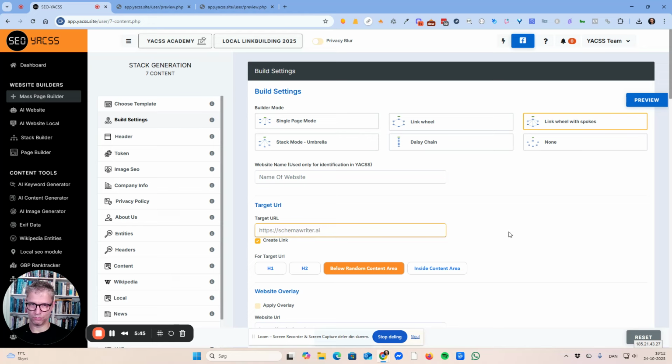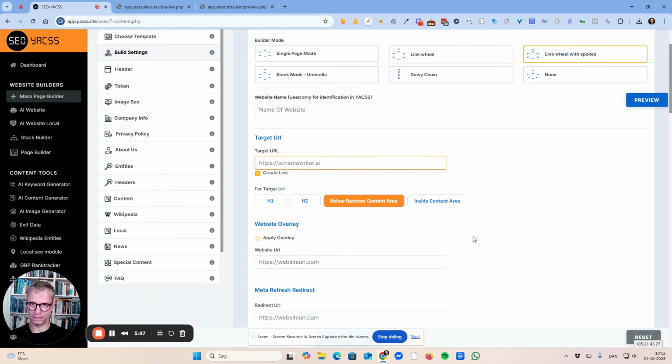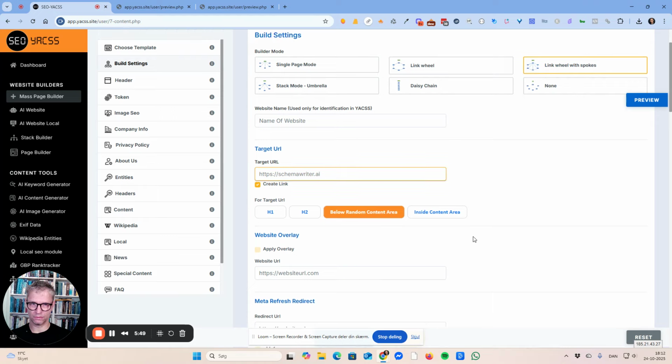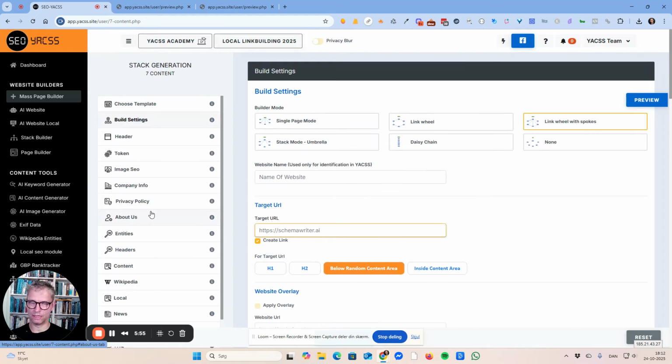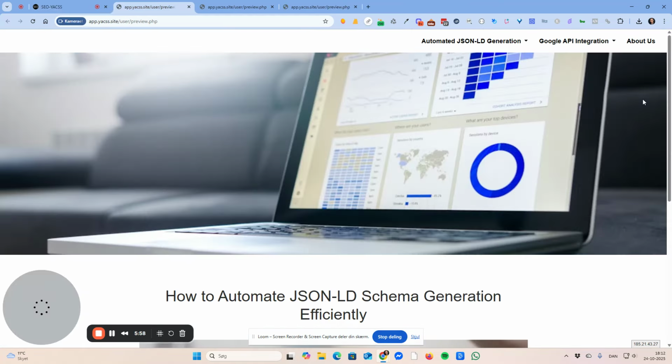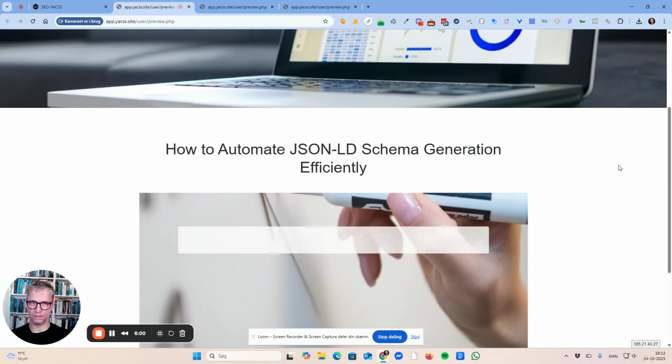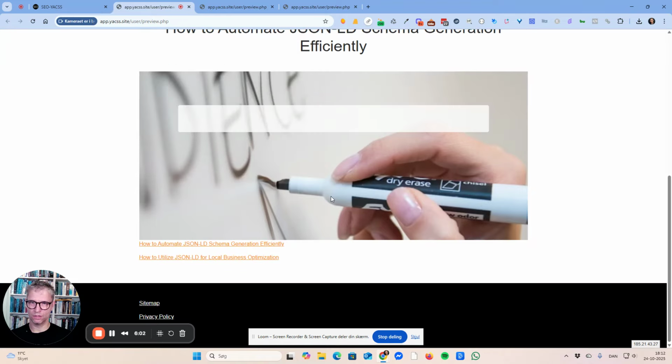Because I want to boost Schema Writer, and I can actually add additional outgoing links. I don't want to do that. But anyway, I think that the preview, yeah, so this is one of the pages, and you can see the preview with the